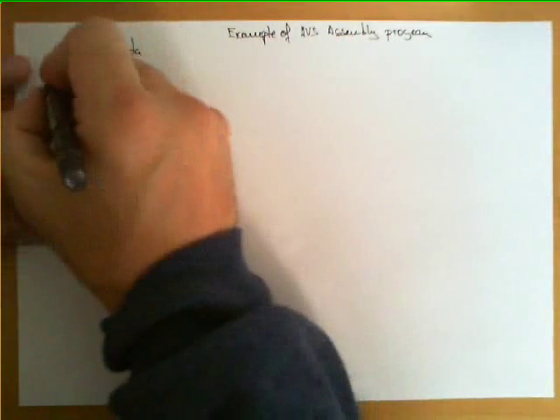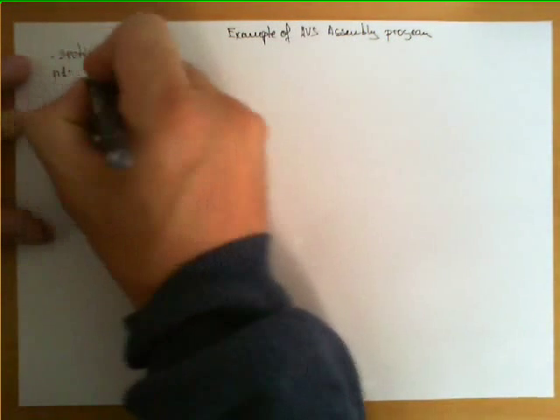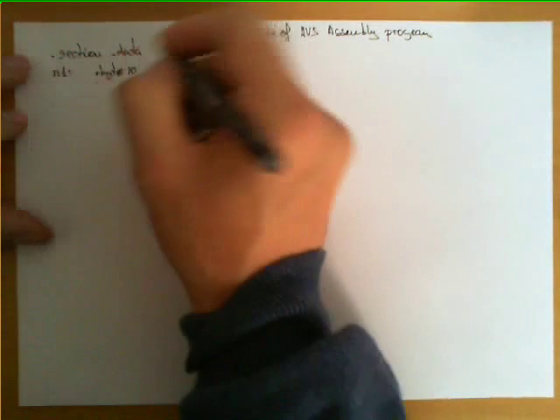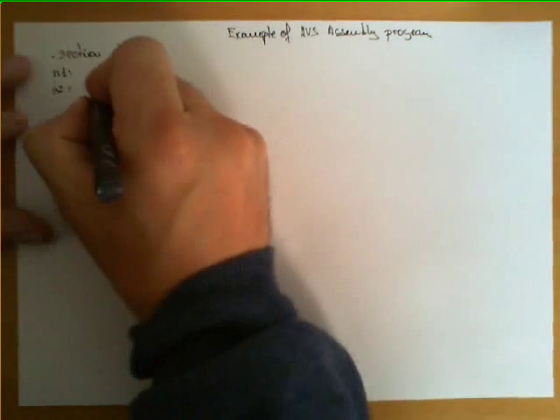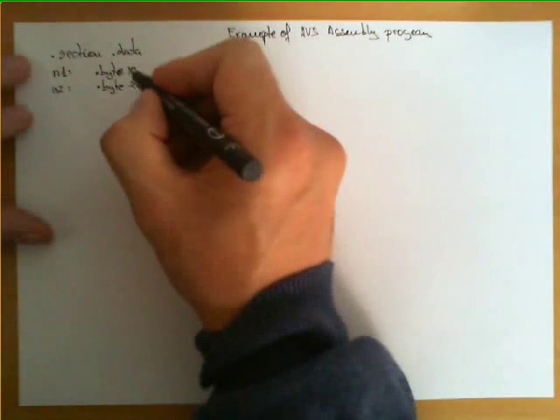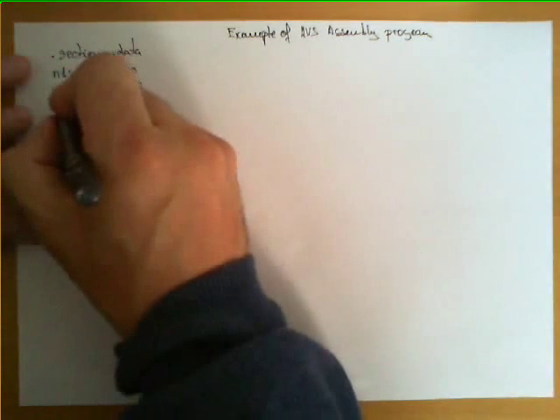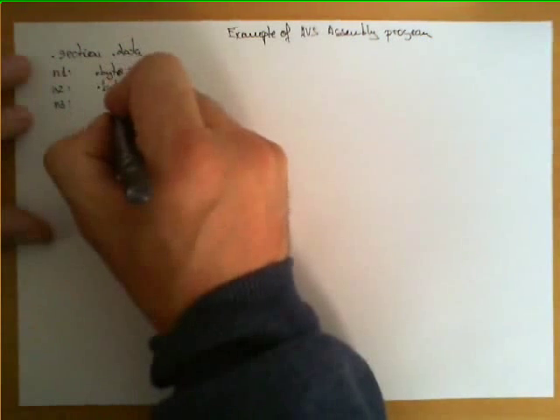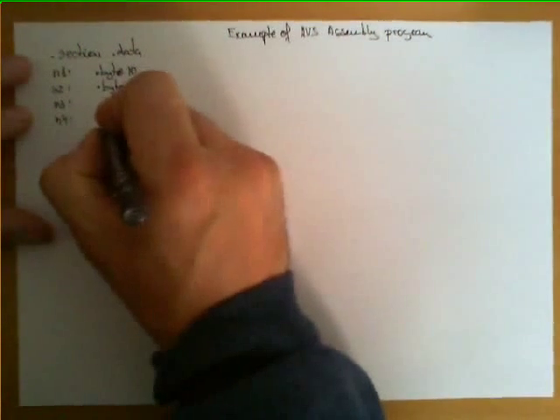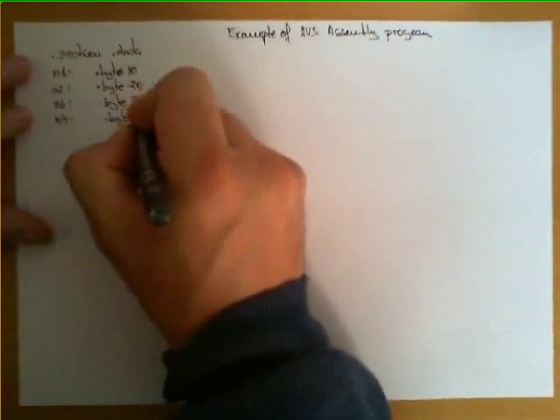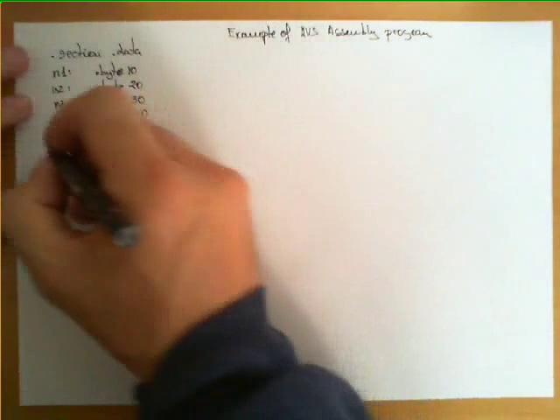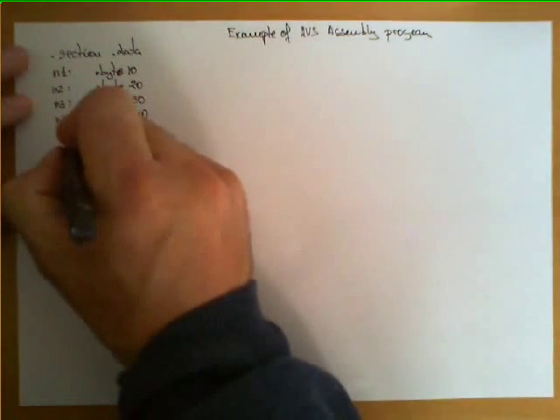defining 4 integers. Let's use the labels n1, .byte 10, n2, .byte 20. Remember that these initialize 1 byte to 10 and 20 respectively. The third number n3, .byte 30, and n4, .byte 40. And let's assume that my program wants to add all these numbers, and the result will